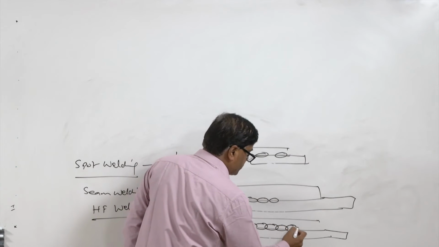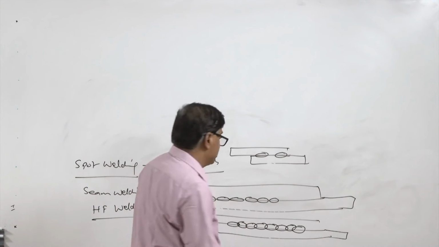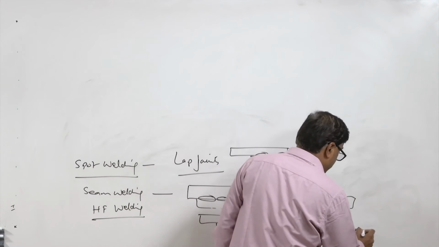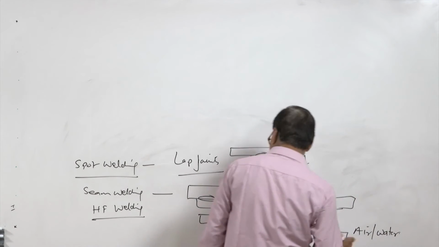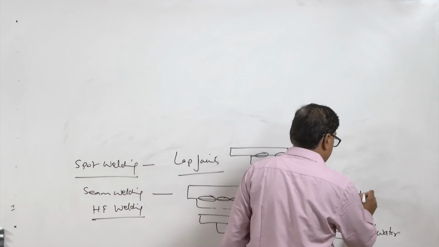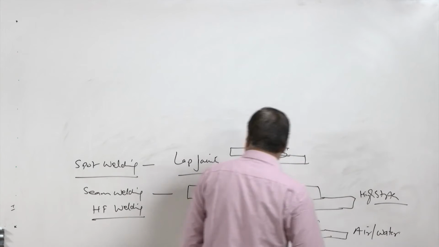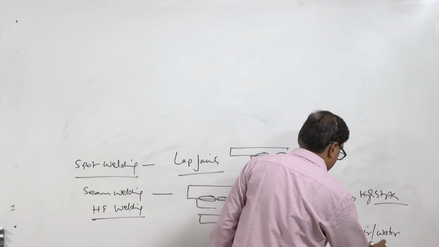When the overlap is more than 50%, then a continuous seam weld is made. So, this kind of arrangement is used for the air and water tight joints, and this is for the high strength joints, and when the continuous is made, that is for the gas tight